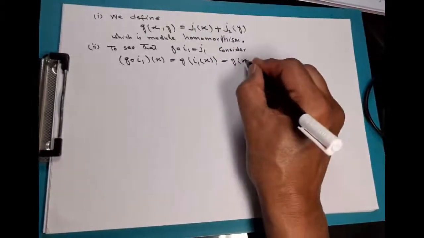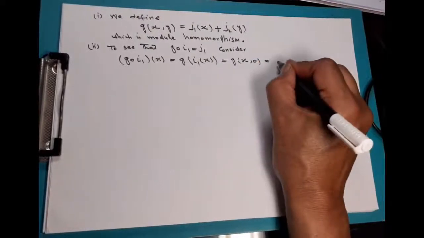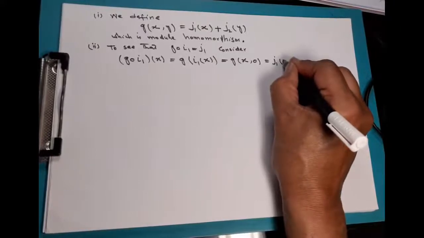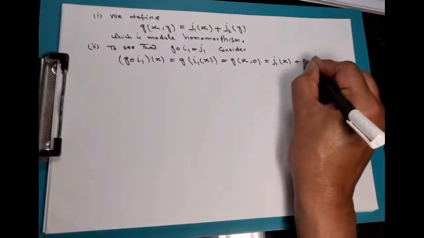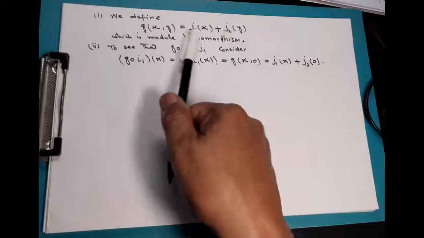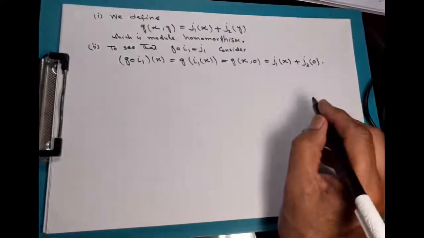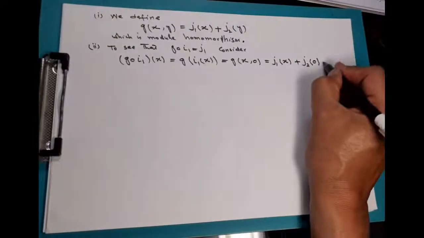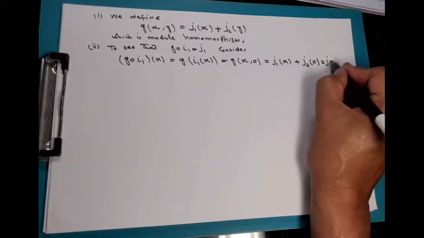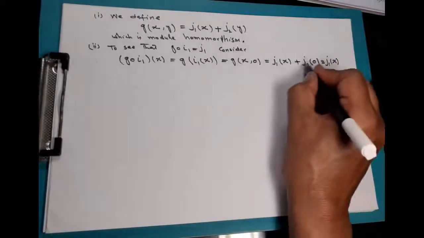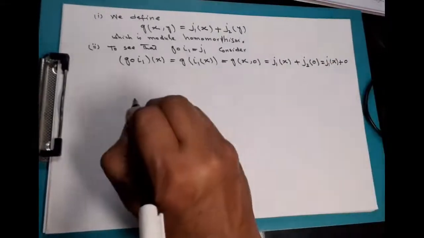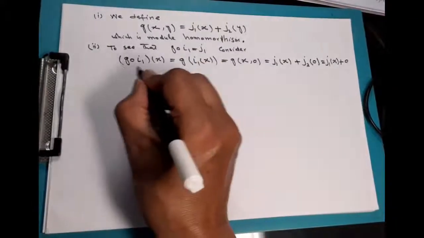So G effected upon (x, 0) will give us J1 effected on x plus J2 effected on 0. This is our definition, in fact. So this is equal to this. And we know that it is J1(x), and since J2 is a module homomorphism, J2(0) will be equal to 0, and therefore